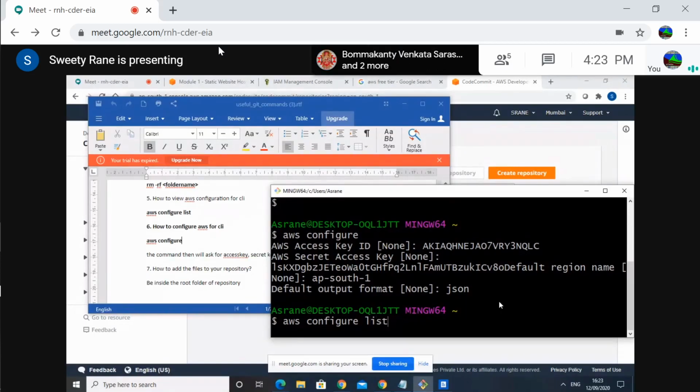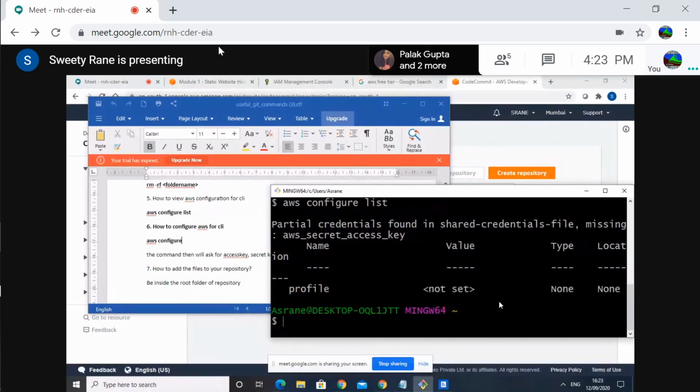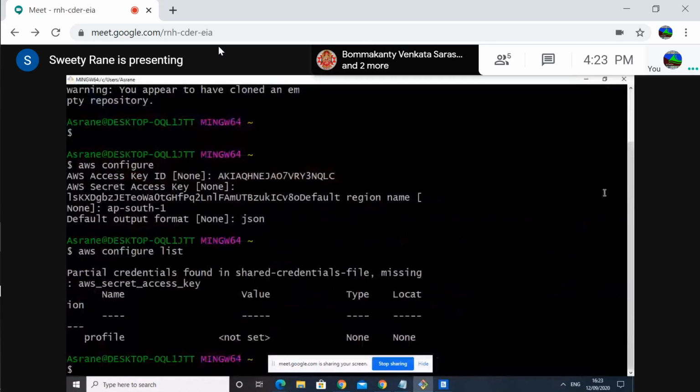Can you see it's written there, command number 5. Yeah. It's not coming. Can you see? Check your AWS version. aws --version.